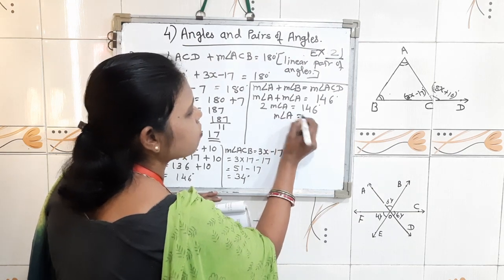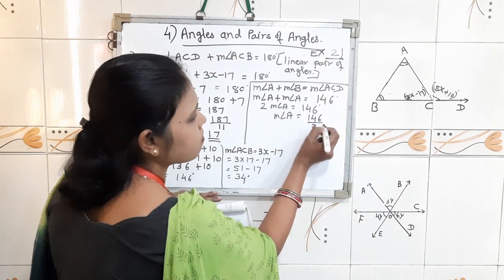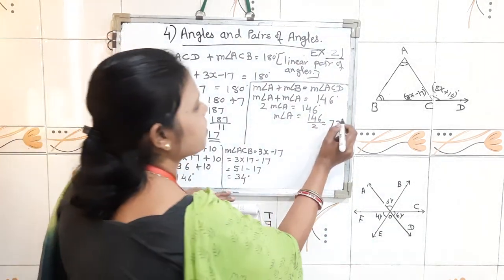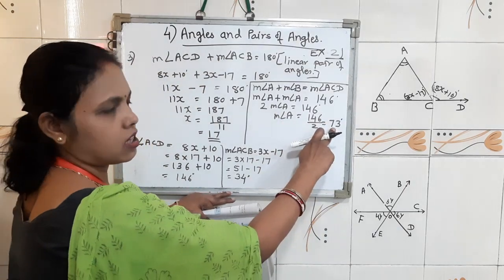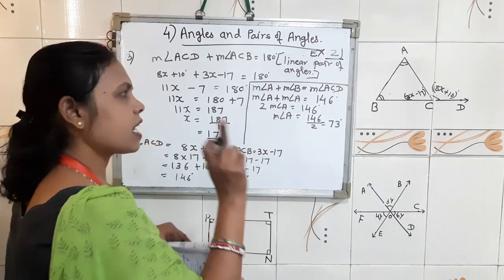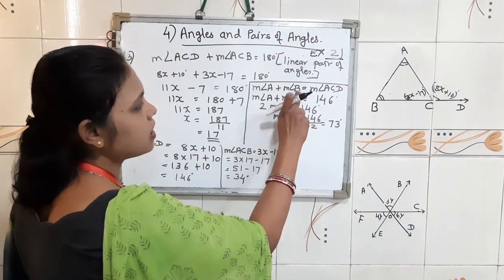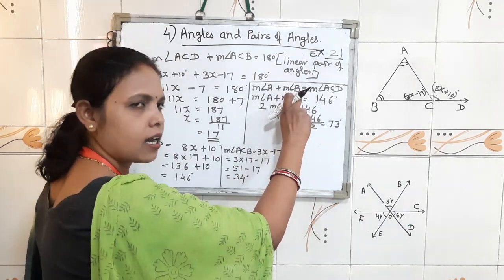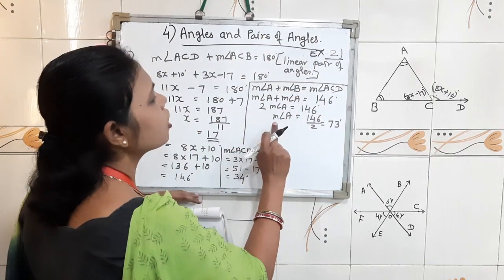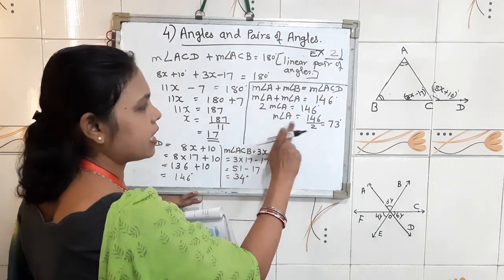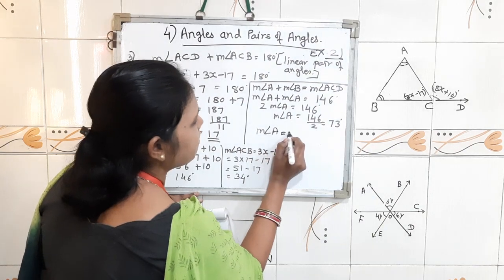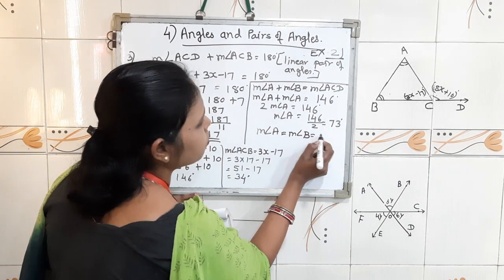Measurement of angle A equal to 146 divided by 2. 2 7s are 14, 2 3s are 6. One angle you got 73 degree. As you know, both these angles are same. That's why instead of measurement of angle B, we had written angle A only. Therefore, we got measurement of angle A 73, as well as write down here measurement of angle B equal to